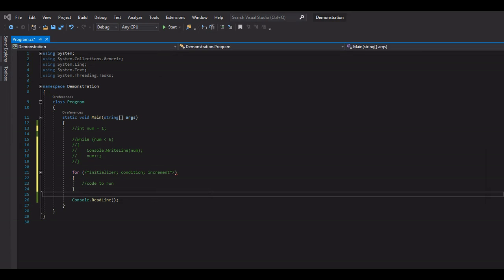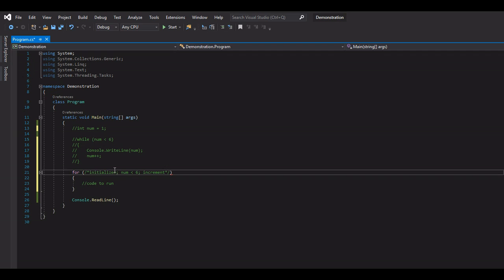Right, so this is the structure of the for loop. We have what's called an initializer, which goes in here. We still have a condition, and we have an incrementer, so something that's going to increment our initializer. Now the way this matches up to the above is I'm going to write the exact same thing, but inside the for loop. So for the condition, I'm going to have it the same. So I'm going to have num is less than 6,